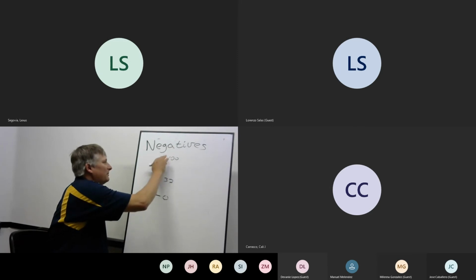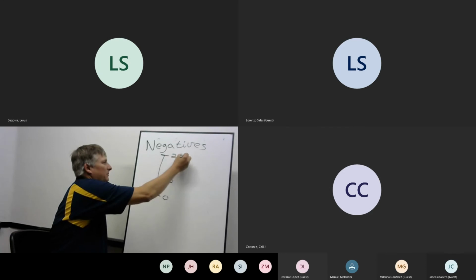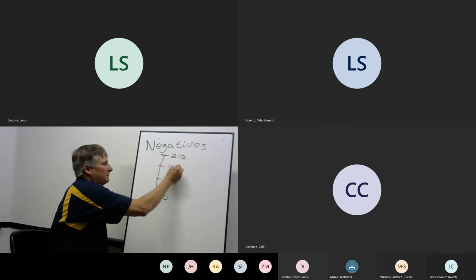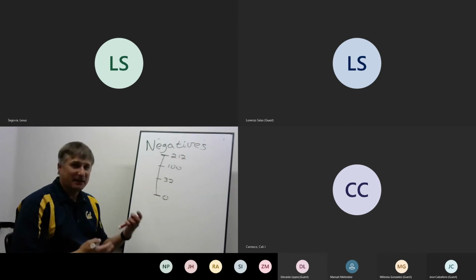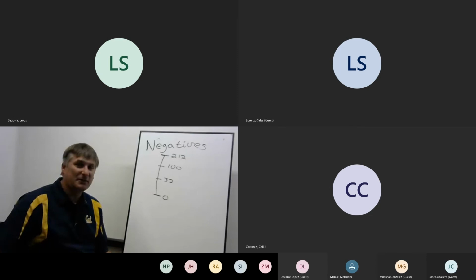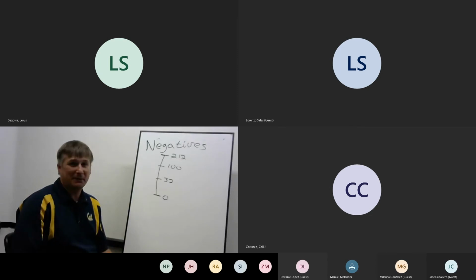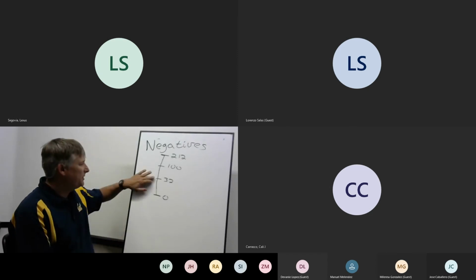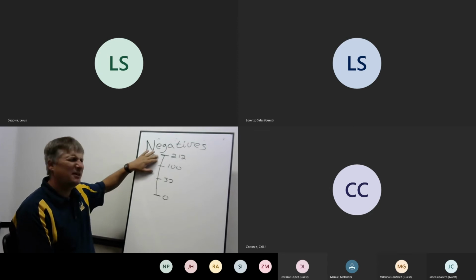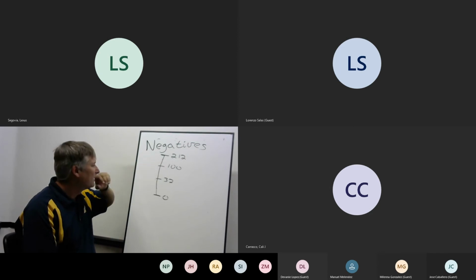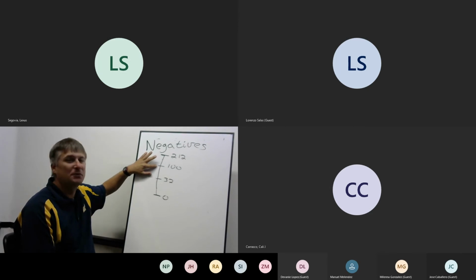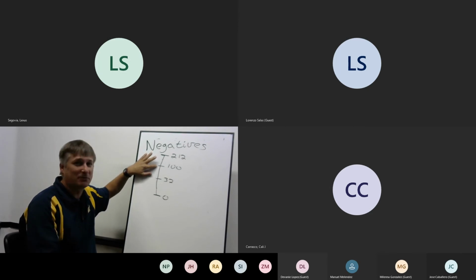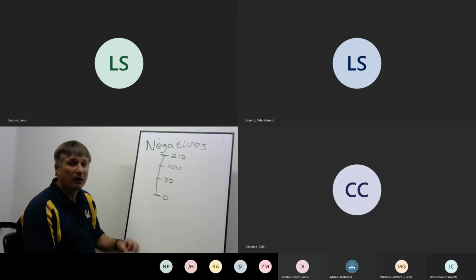And actually, way up here, let me do this. Top, I'm going to put 212. 100. Now, this isn't drawn to scale, but let's say this is a Fahrenheit temperature scale. Fahrenheit we're very familiar with in the United States. Water freezes at 32. I think it's 212 when water boils. 100 degrees, that was most of the summer's temperature this past summer here in Roswell, from what I've heard, was over 100 degrees.